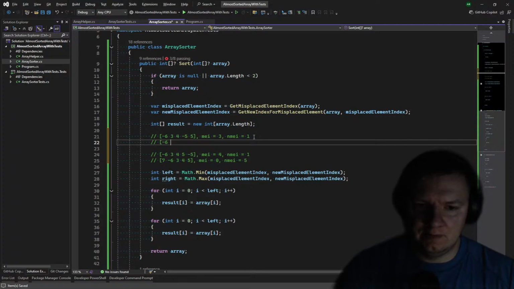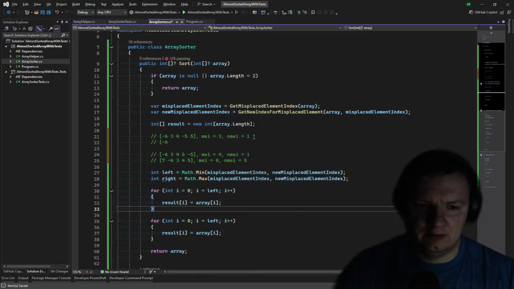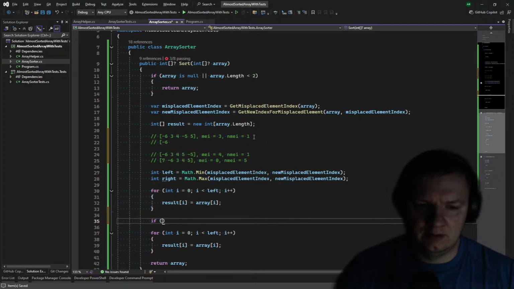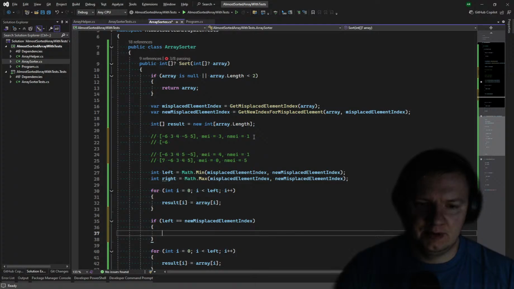So if 1, if left is new misplaced item, element index I mean, then we add